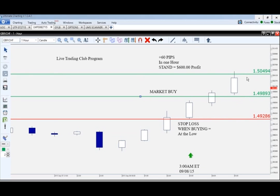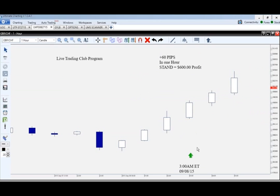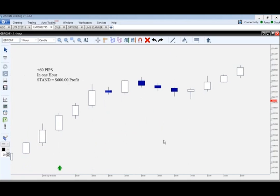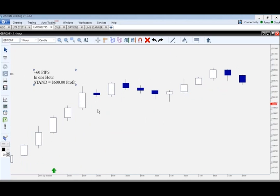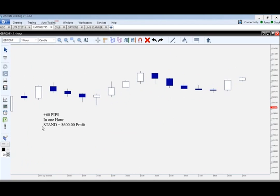Let's see if I can delete all this here. Let's clean up our charts. One trade right there. Bam. Let's clean all this up, and let's move this quickly forward to the next 3 a.m. candle. I've already marked this to save us some time. We'll bring this to the actual live market. I'm going to show you the trade from this